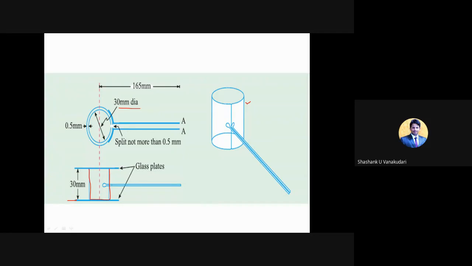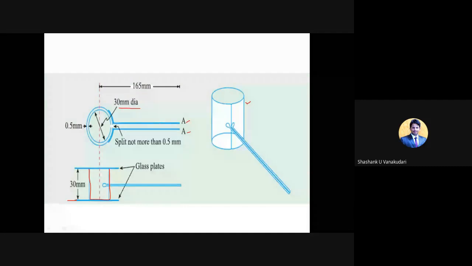On the other side, you can see they are attached with two indicators, one and second. The length of these indicators is 165 mm, and they have pointed ends. Now what we need to do is first take the known quantity of cement, and then add a water content of 0.78. So there, 0.85 is used for initial setting time, and P by 4 plus 3 is used for compressive strength.